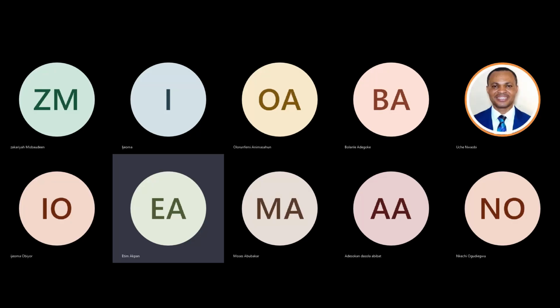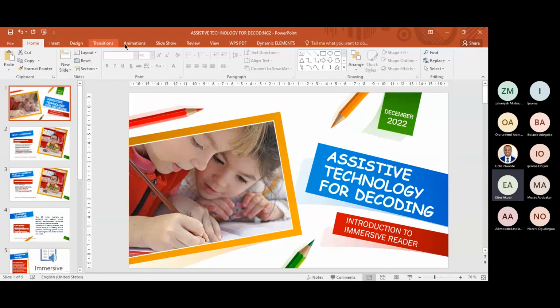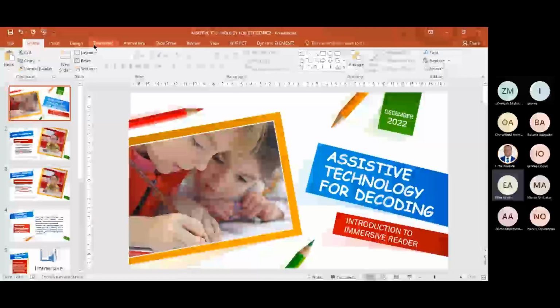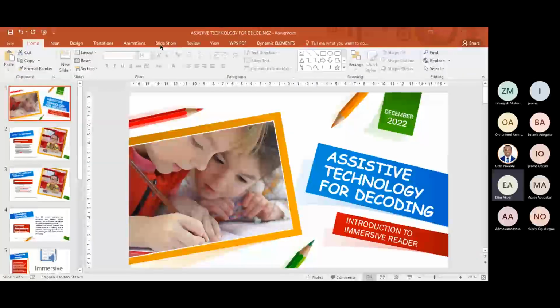At the end of the training, you are expected to go back with the knowledge and begin to make use of it. That's one of the things that we try to achieve with our training, not just to come and talk, and then at the end of the day, after all the talking, you are not able to start making use of the technology. Then the reason for the training is defeated. So